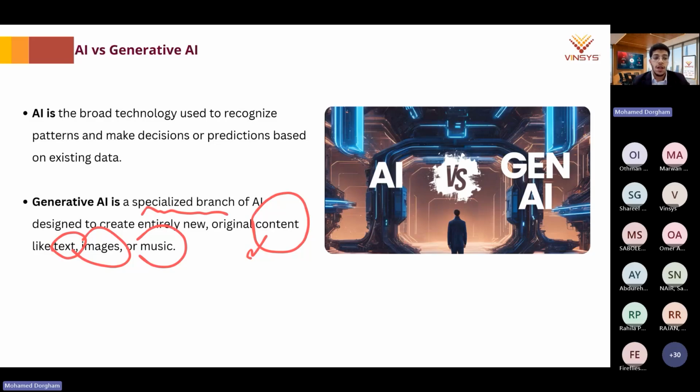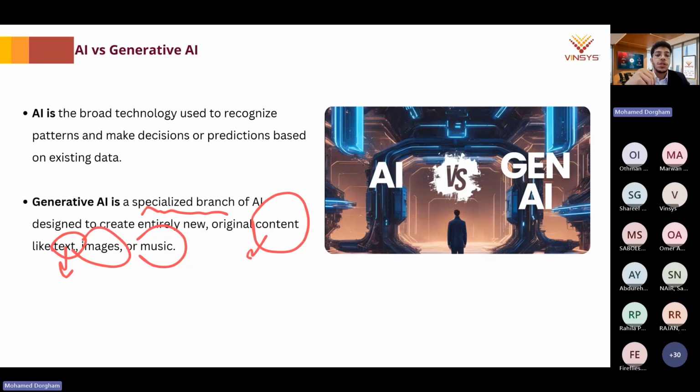Now, speaking about how this helps humans, it helps us by understanding our written language. It can understand the English language and can even speak to us or generate human language.